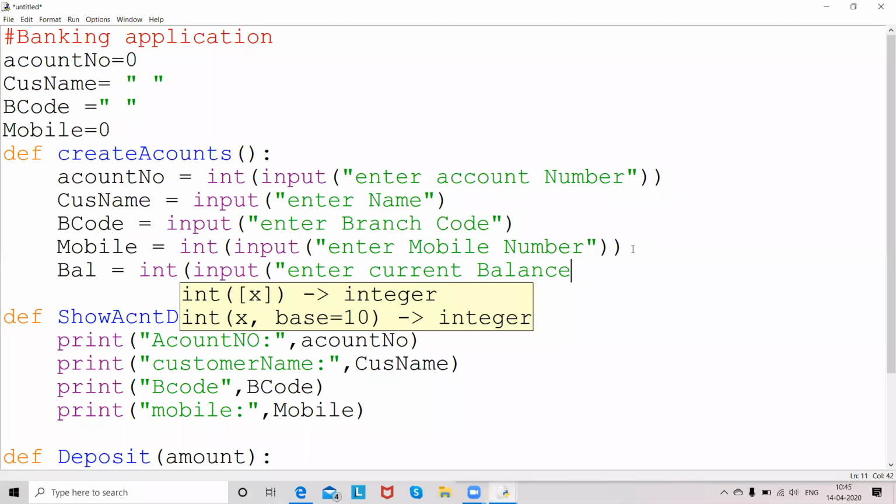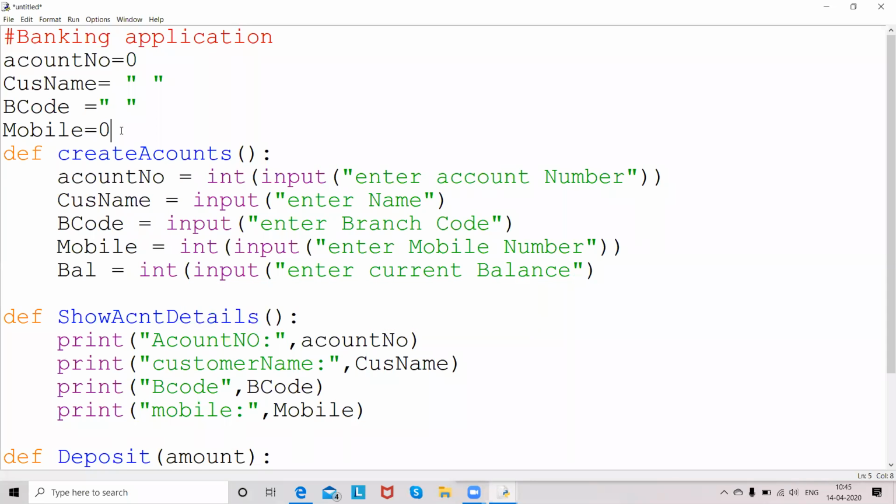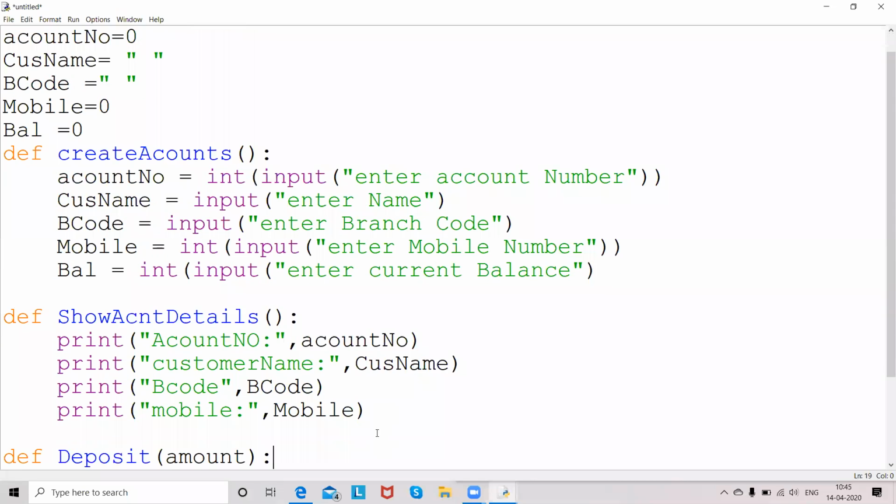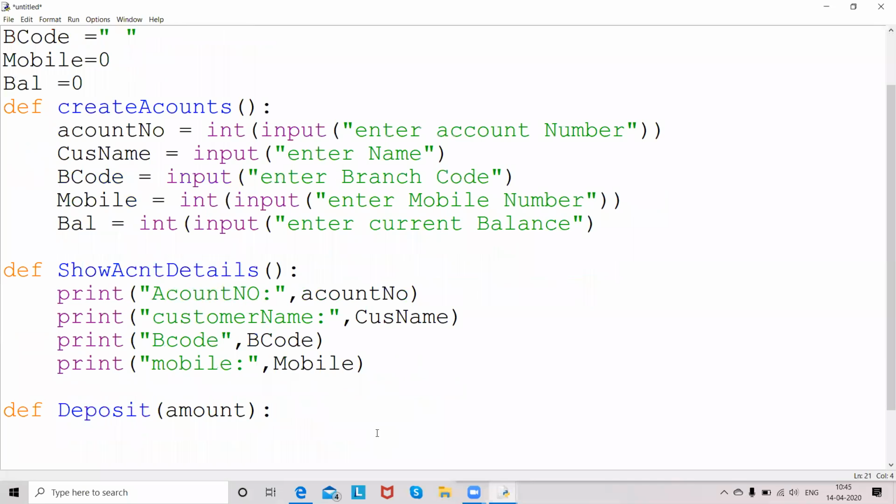I just wanted to create the details so that I am using this function so that the values are predefinedly available. Later on we will perform the basic operations. So I'll take the balance also in the global section. So initially I'm giving the value as 0. Fine. So here in the show account details, I'm not printing the balance because balance is not the one which is always displayed. So whenever user wanted to check his balance, that time only I should display his account balance.